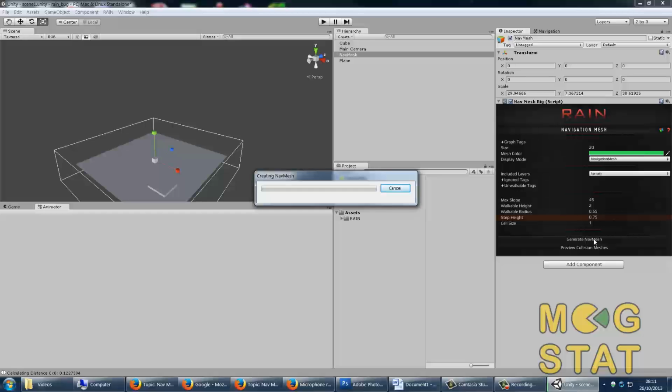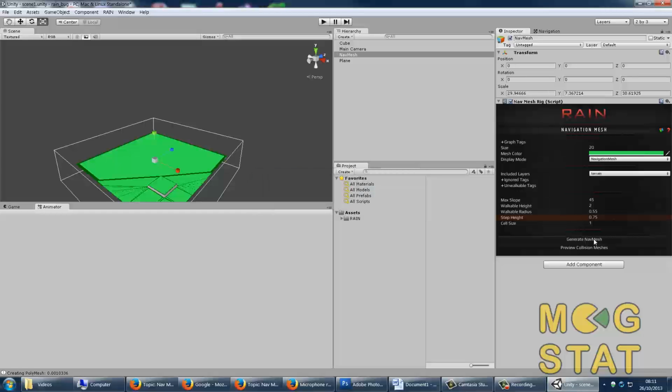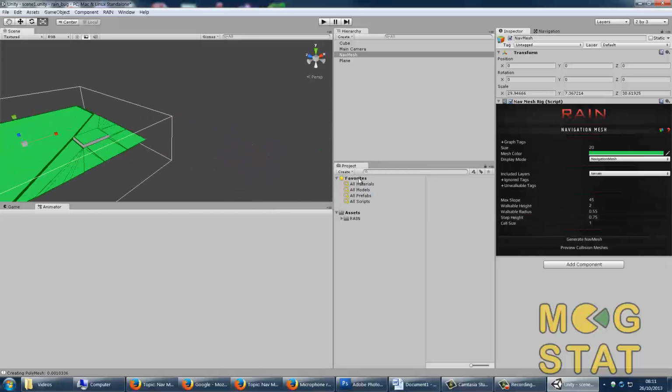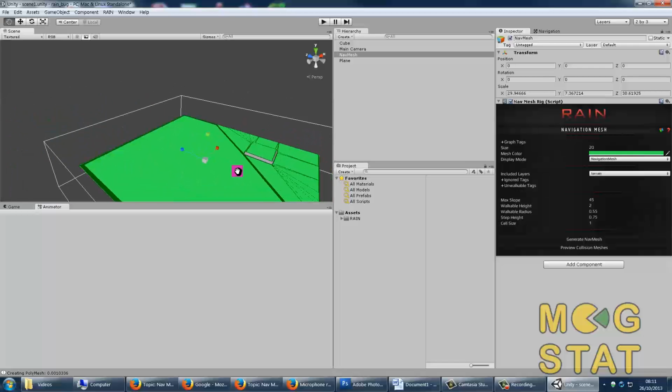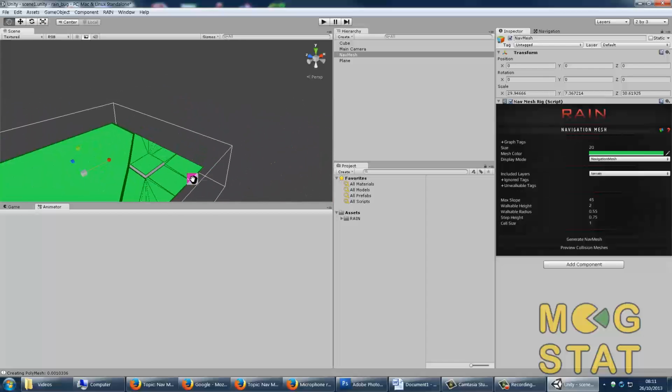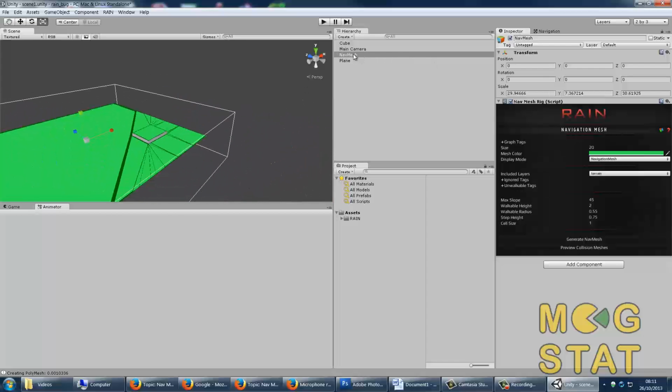Takes a second or two. And it's created it, in a reasonable time. And, you know, it's a nav mesh. So, the problem I have is,